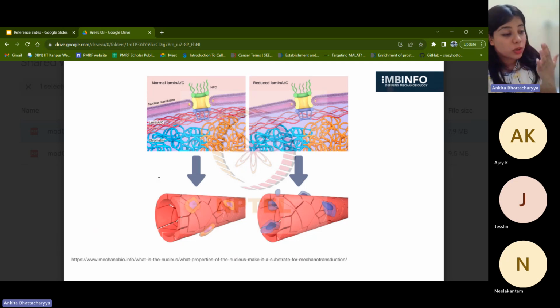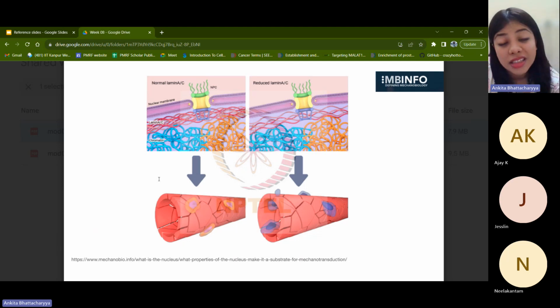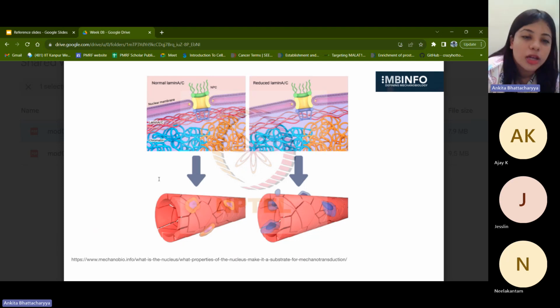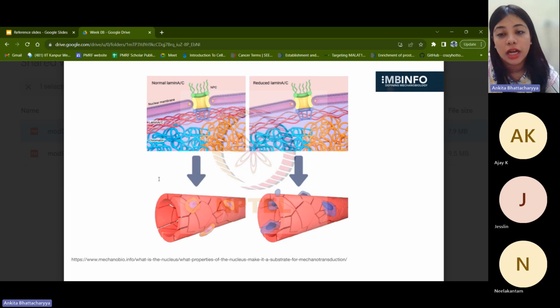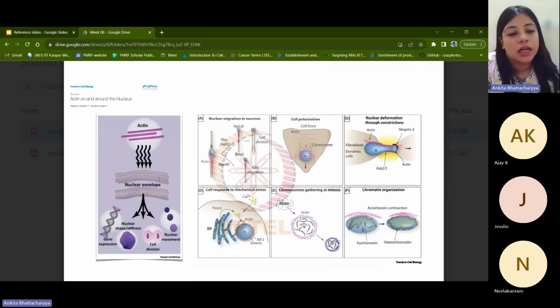And because there is this sort of irregularity in the movement, or this sort of interruption in its movement, this can actually be sensed by the nuclei of those cells which are lining the blood vessels. And that sensation has a role to play in ensuring a lot of different functions. So depending on the extent of lamins present within the cell, there can be a differential sensitivity to the movement of these. And therefore, the nucleus by and large has a role to play in sensing and understanding mechanotransduction occurring within the system.